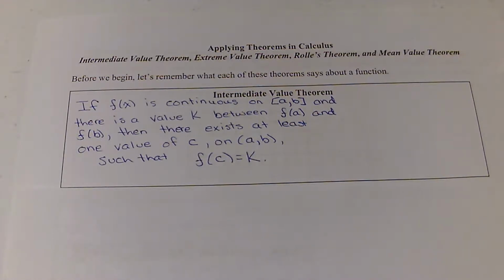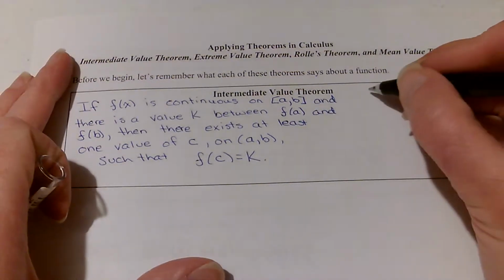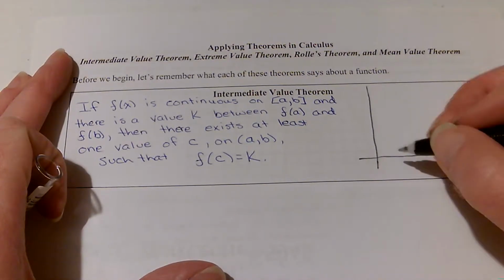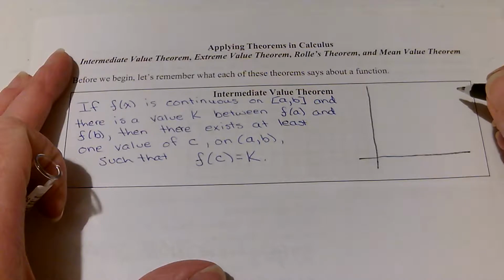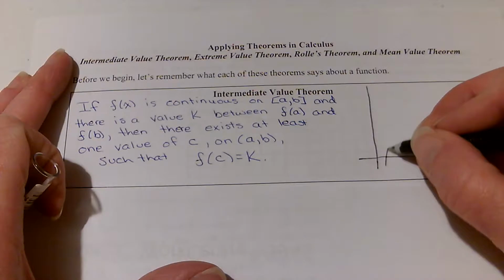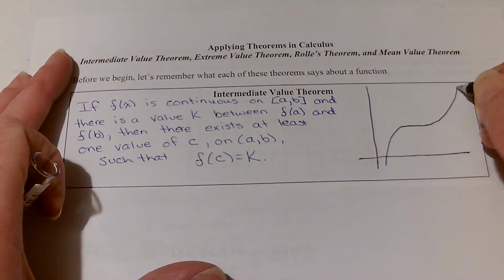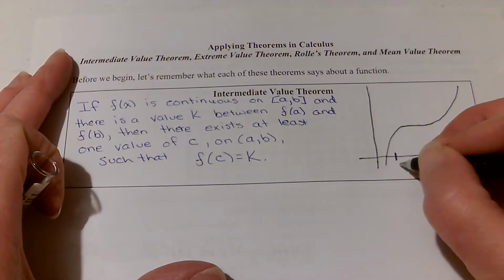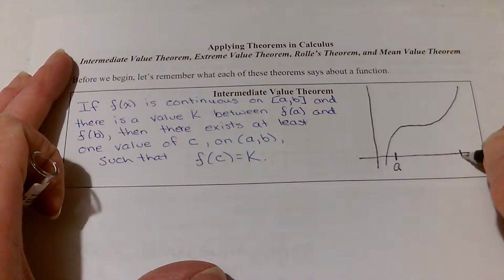On intermediate value theorem, the key word is that f of x is continuous on a closed interval a to b. So that means if we had a picture of it, we have a continuous function, no holes, no asymptotes, nothing like that. So if it's continuous, from a to b, so from some x value a to some x value b, from here to here,